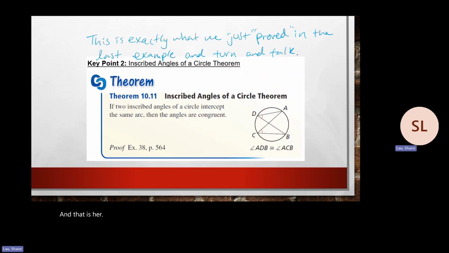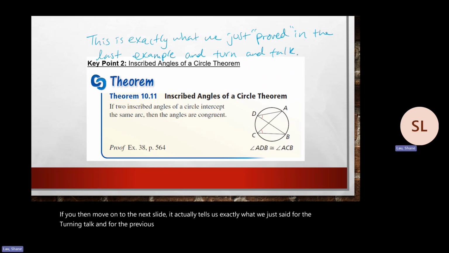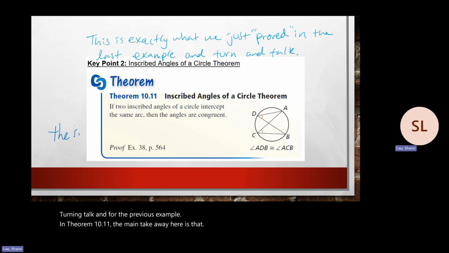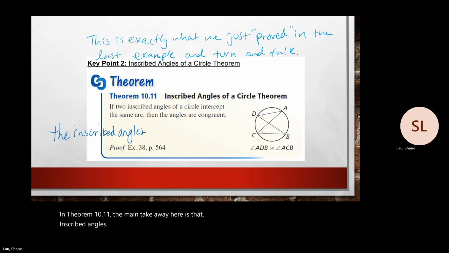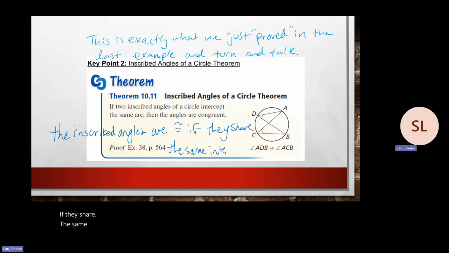If we then move on to the next slide, it actually tells us exactly what we just said for the turning talk and for the previous example. Okay. In theorem 10.11, the main takeaway here is that the inscribed angles are congruent if they share the same intercepted